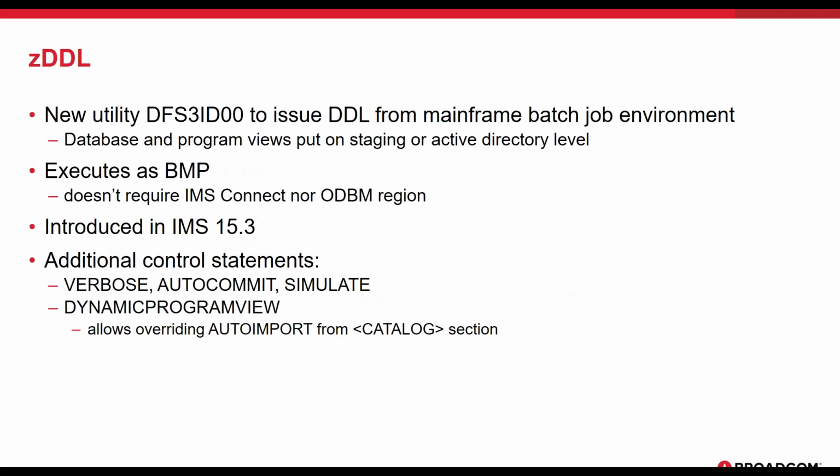The first utility I wanted to show you is called ZDDL. It's a pretty fresh new utility, which came with IMS 15.3. And this utility allows you to issue the DDL statements, the create statements, for example, from the mainframe batch job. And it allows you to put them on the staging level, with some conditions as well into the Active level, but probably the staging is the target. The utility executes as a BMP job,